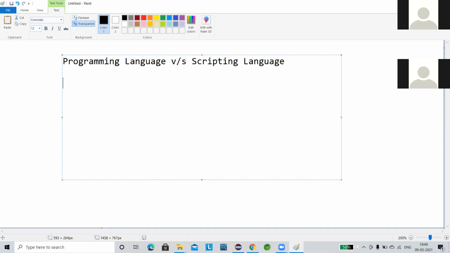It cannot use this interpreter. It supports all the object-oriented concepts, and it also supports all the software development concepts. So that's why we can say it is a programming language.